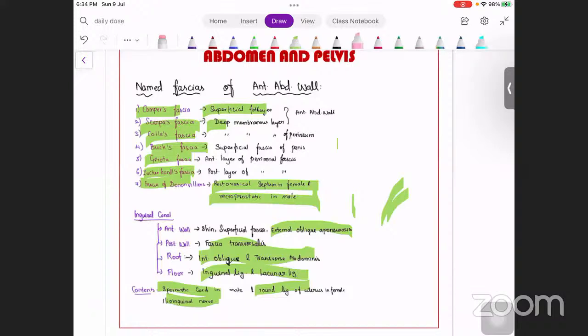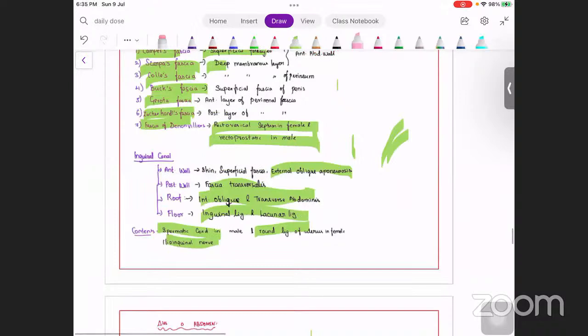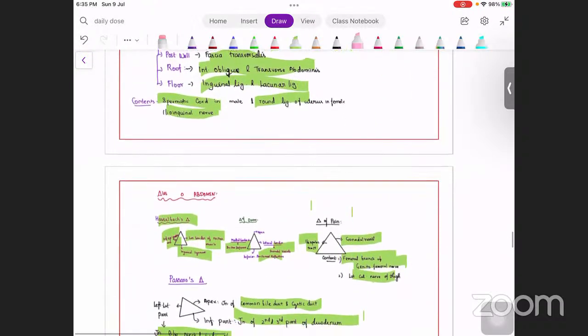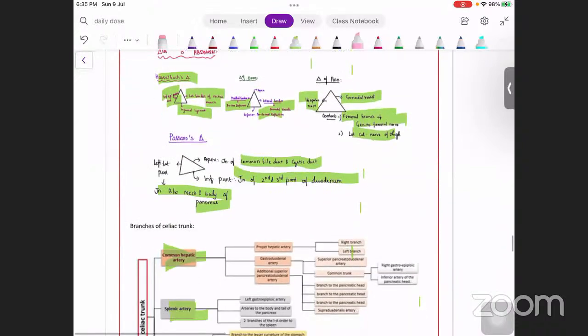Colles fascia is a deep fascia of perineum, while Gerota fascia is anterior layer of perirenal fascia, and Buck's fascia is a superficial fascia of your penis. Zuckerkandl fascia is a posterior perirenal fascia, and fascia of Denonvilliers is the rectovesical septum in the male and rectovaginal septum in the female. Then you have contents of inguinal canal: spermatic cord in male, round ligament of uterus in female. Apart from that, ilioinguinal